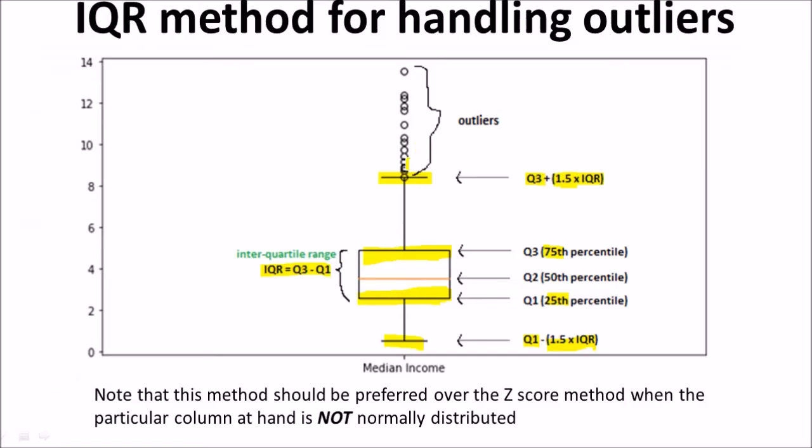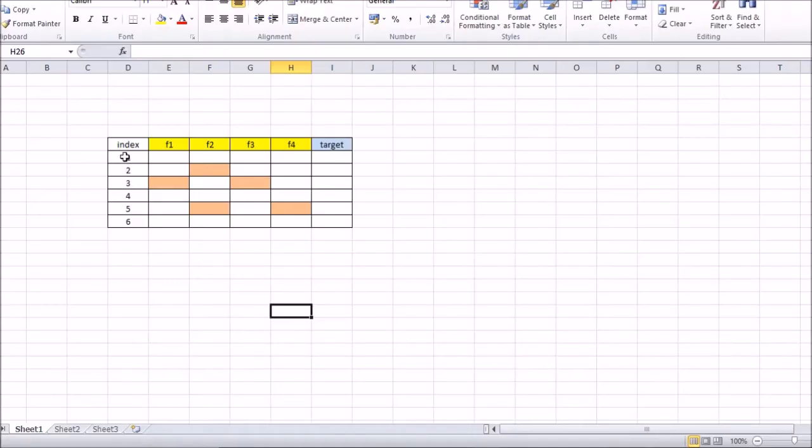Next, we want to keep a note of all of those points which are deemed as outliers according to this condition, right? So we want to keep a note of all of the index values of all of these rows, and of all the rows which are lower than the lower boundary as well. But in this case, we do not have any. We just assume that we have this dataset of only 6 values, and what we'll be doing is we'll first go one column at a time, and in the first column we'll note that the third index has an outlier, so we'll keep a note of that.